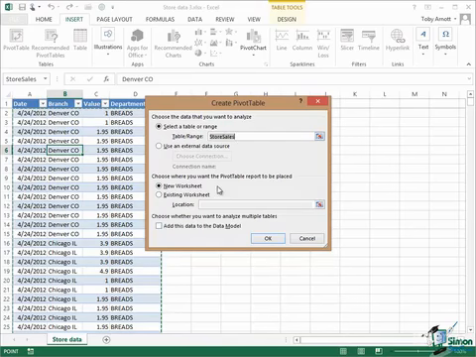Then I have options of either put it on a new worksheet or use an existing worksheet. Now I'm going to put this on a new worksheet. Sometimes there are advantages in putting pivot tables, charts, etc. on the same worksheet, but once you've got the pivot table itself, I find that having the raw data right in front of you can be a little bit distracting, and you actually get more space to work with if you put it on a new worksheet anyway. So I'm going to stick with the new worksheet option. Click on OK,